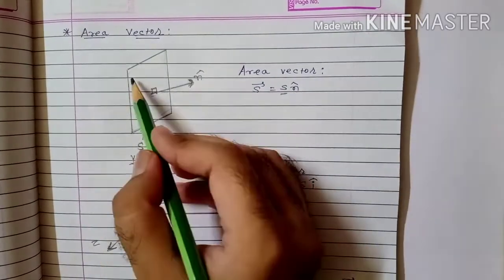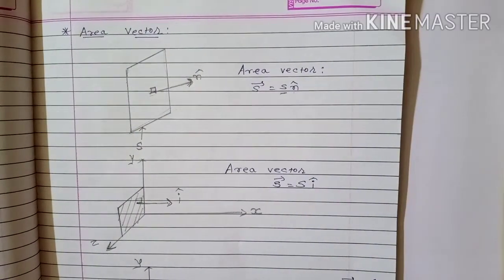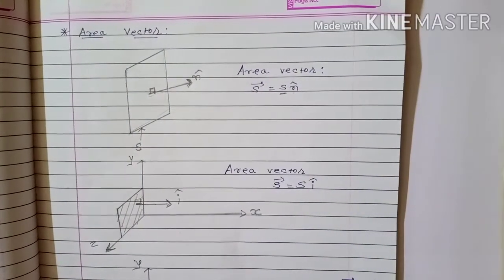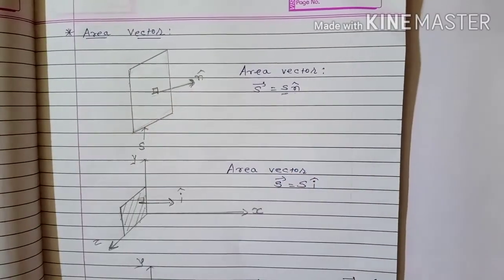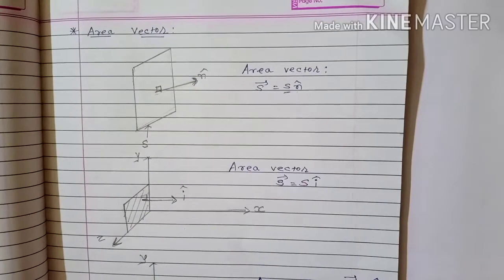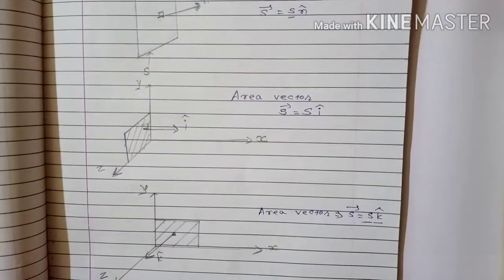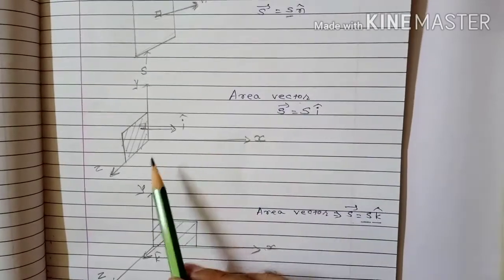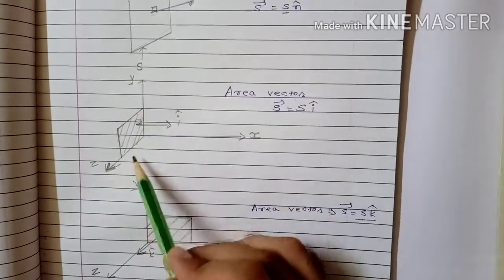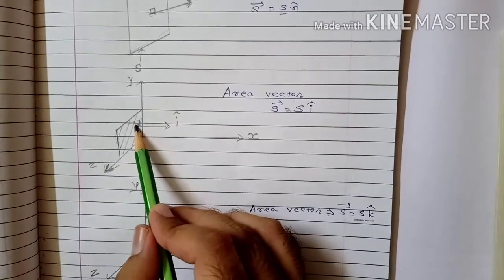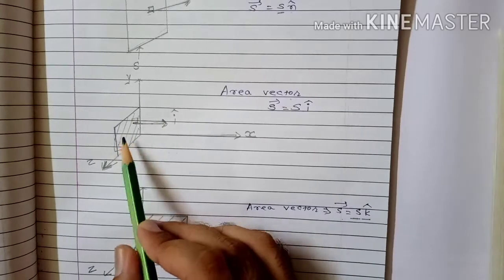When we consider this type of plane surface, an open surface, then there is an ambiguity in considering the direction of the area vector, whether we have to take the area vector outward or inward. But that ambiguity is resolved when we take a closed surface. If we consider the surface in the yz plane, then the area vector is perpendicular to the plane,